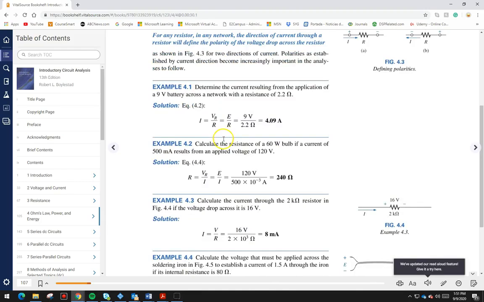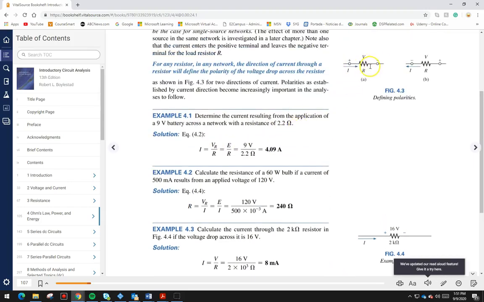So for example, in example 4.1, you want to know the current due to applying 9 volts across a resistance of 2.2 ohms. So it will be this case here. You have 9 volts across the resistance, and the resistance is 2.2 ohms. So if we do that,